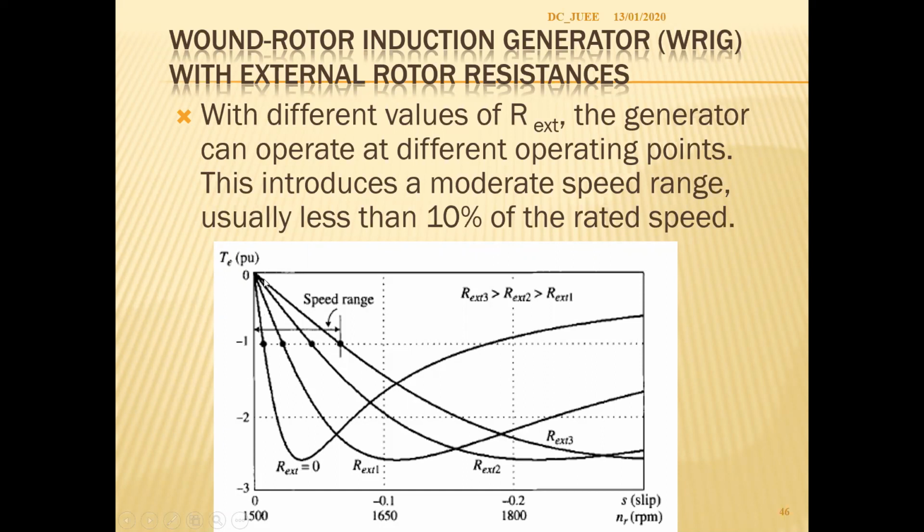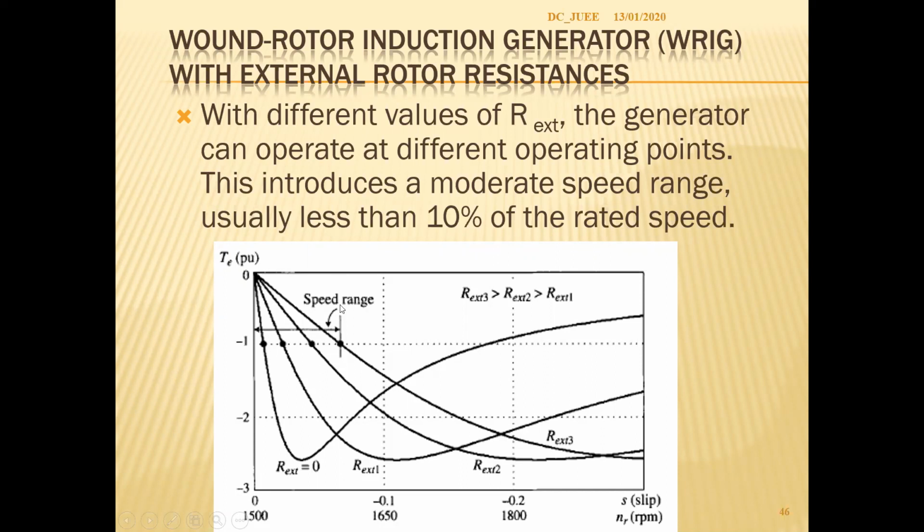Now, when there is a rotor resistance, the same torque is appearing here, right? Say 1 per unit torque is appearing here. That means at a speed which is much higher than the synchronous speed, maybe 10%, maybe 15%, like that. So now this will be helping you to extend the speed range.